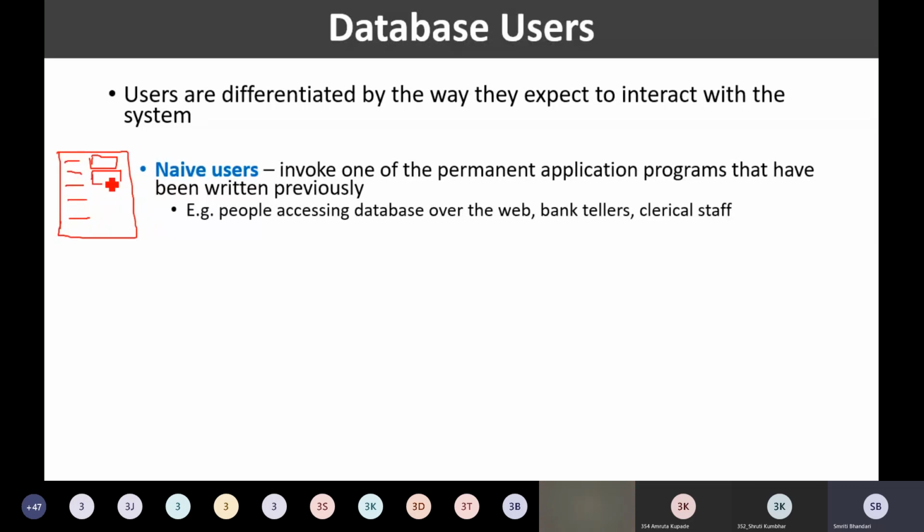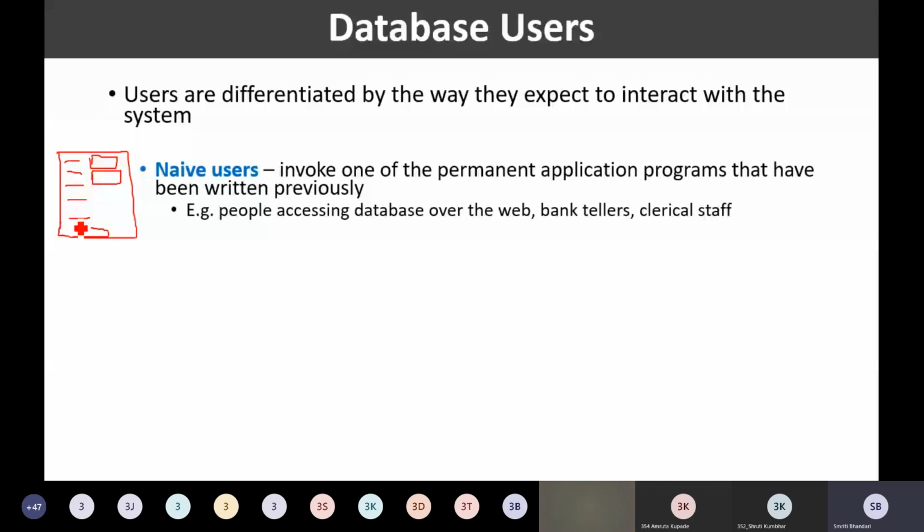So the user will be presented with one application program meant for inserting the data related to students. And then there will be one functionality like a submit button. Whenever the user submits, that data gets inserted into my database. Are you getting me? So that is one kind of application program.